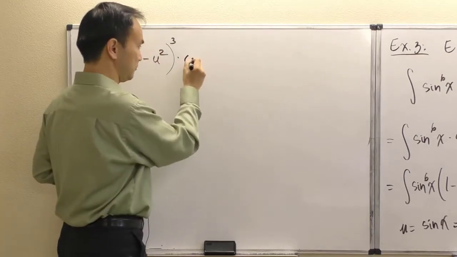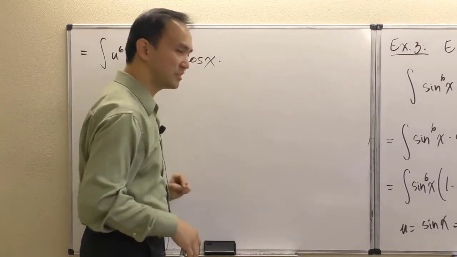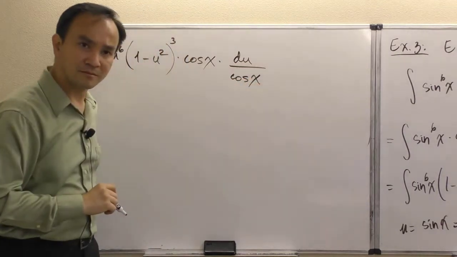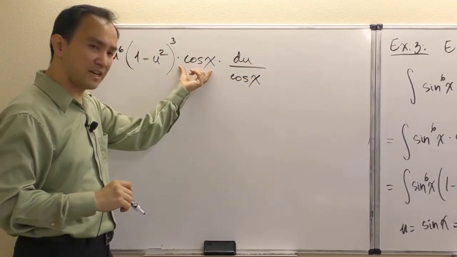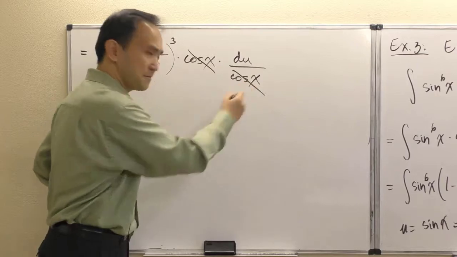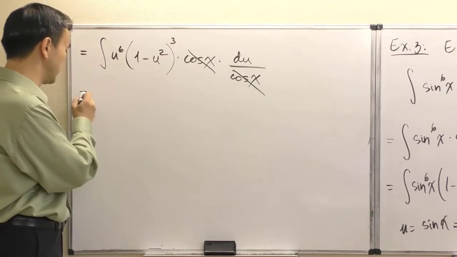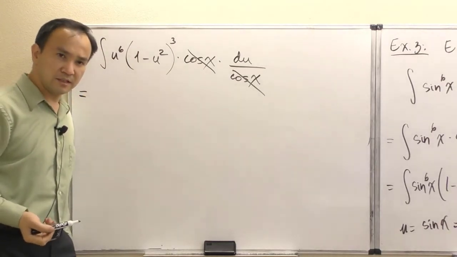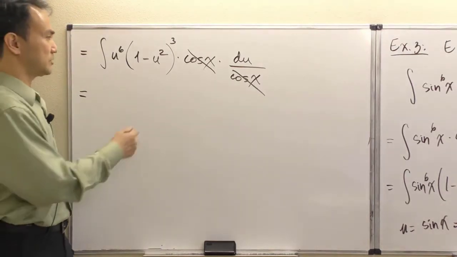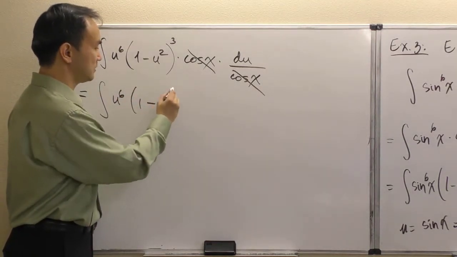It's okay, we'll find out. And then the dx right here, we found a substitution that I pointed out earlier in the other board. So now it's a du over cosine of x. And so now this cosine of x left over that we didn't find a substitution for, at first it became a little worry, but now we can cancel that away. So it's strictly substitution method that resurfaced here in our lesson that we're learning. So at this point it is highly recommended to go ahead and review your substitution method technique that you've learned. Okay, so the integral now becomes u to the 6 times 1 minus u squared cubed